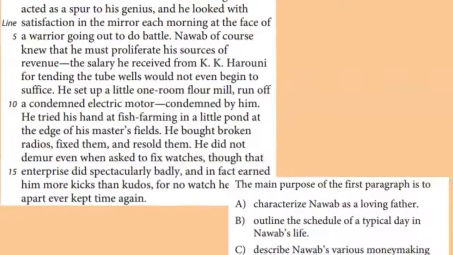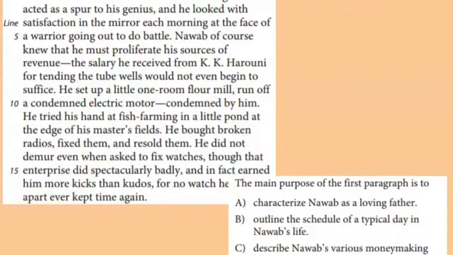The first question on our SAT reading asks us to analyze the purpose of the first paragraph. Just so you know, there are 3 different types of questions on the SAT reading. There are information and idea questions, which ask us to go into the passage and find a specific detail. The second type are rhetoric questions, which ask us to analyze the author's craft, how they wrote the essay, and how that gets their idea across to us. The third type are synthesis questions, which ask us to put together multiple parts. So for example, if there's a passage with a graph, we might be asked to compare or contrast between those 2 pieces.